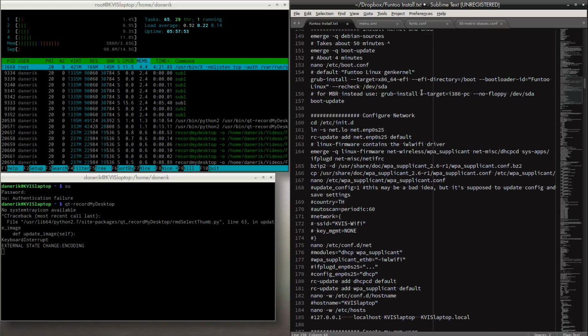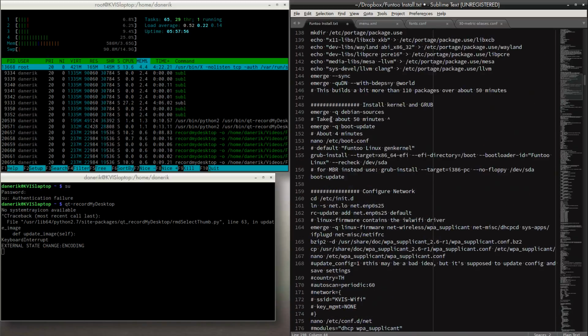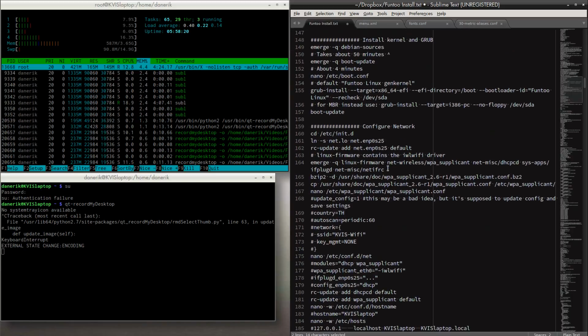And what I did after the last time was this is basically from the wiki of just installing the grub and kernel. It's gonna take an hour or so to do that as well, and this one took about an hour as well. So installation of a basic system does take a couple of hours. We configure network, and